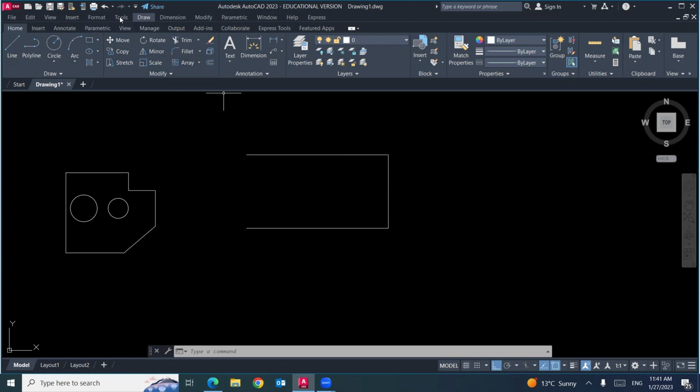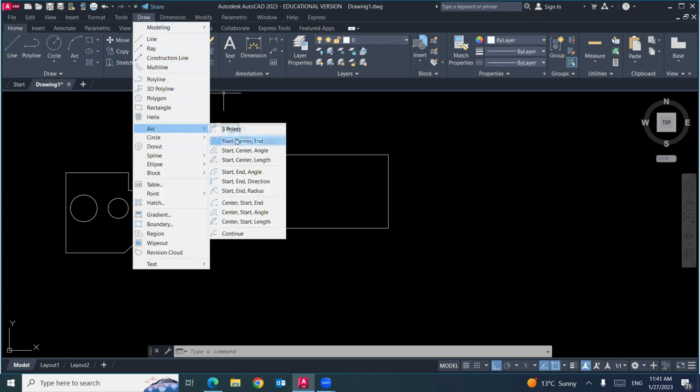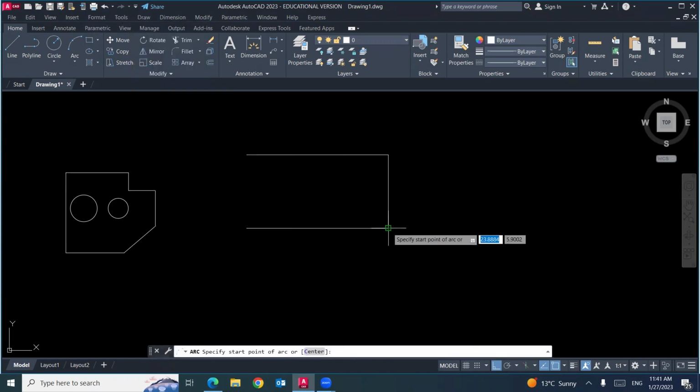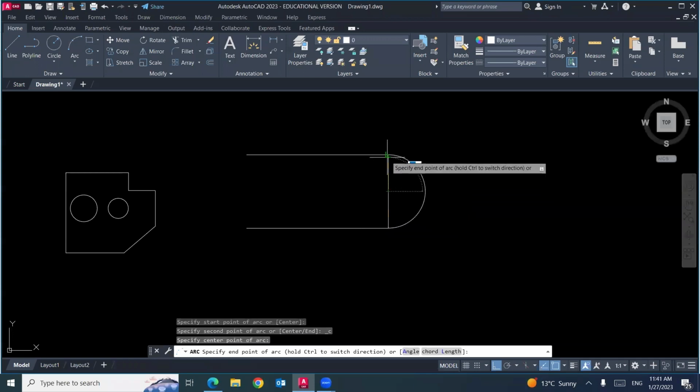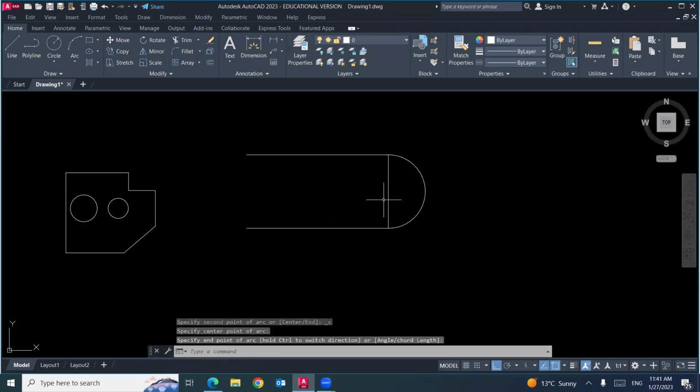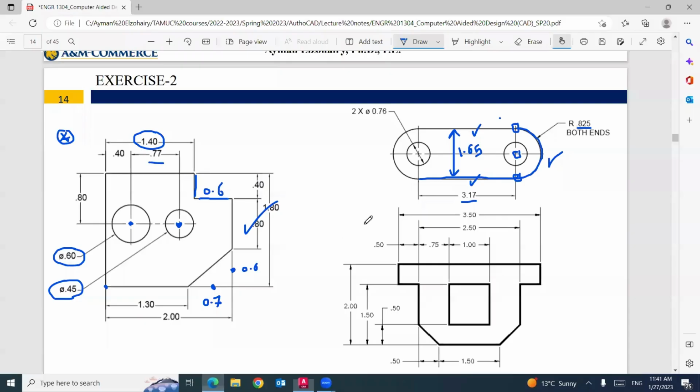This line is just to help me. So we can draw arc, start, center, end. Here is the start, here is the center, here is the end. After you are done, you can delete it. That's fine, but I will not do it right now because I have a circle at the center